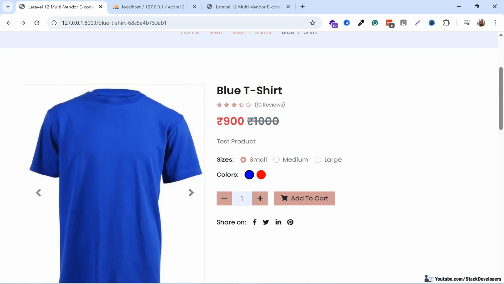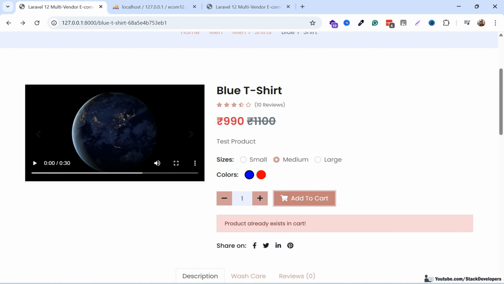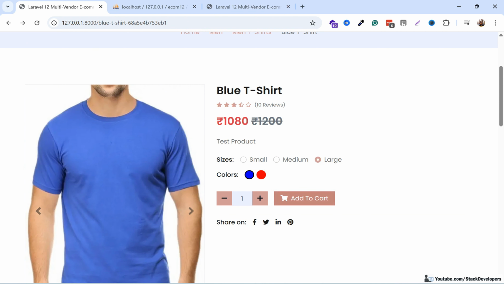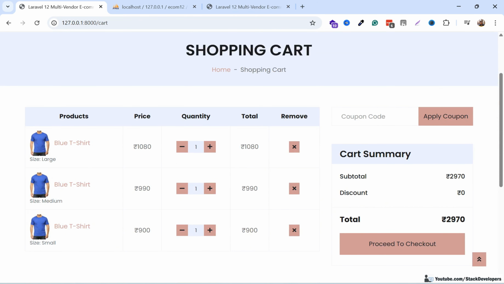Okay, now I'm going to add the medium size. Here you can see it instantly showing. Okay, so I'm going to add medium size once again. It will show the error message, product already exists in cart. Now I'm going to add the large size. Add to cart. We'll go to the view cart, and here you can see all the three sizes of the